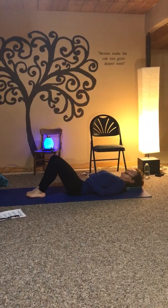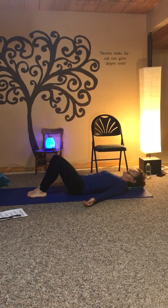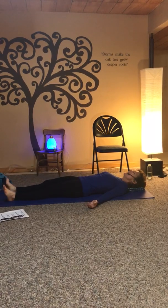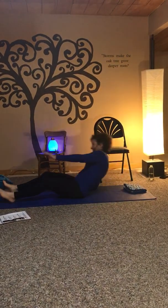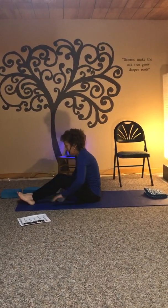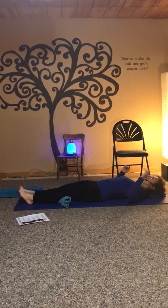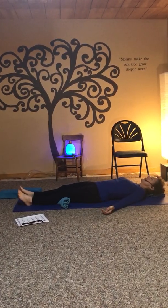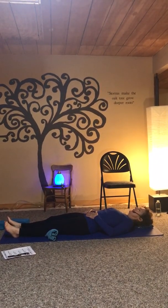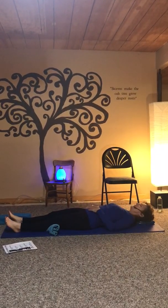So I like to lay with my hands on my tummy here. Some people like to lay with their hands open. Some people like one leg up. Some people like both legs down. And some people like something underneath their knees. Kind of helps with the back a little bit. So we're all different again, right? I always ask in my class, what do you need when they get to this position, okay? And you can lay with your palms up. I like to put mine right here. And then if you can lay here for a few minutes,